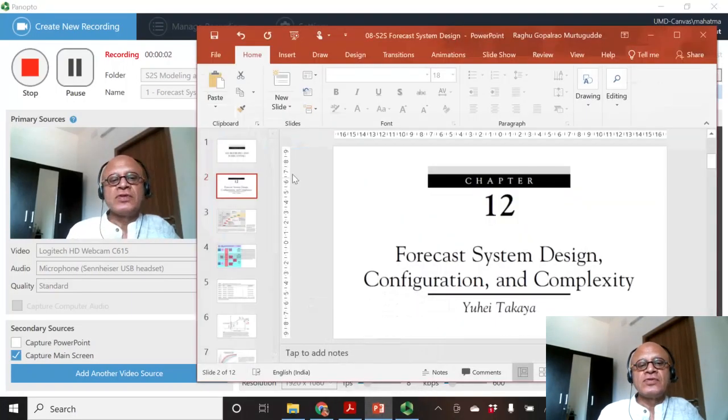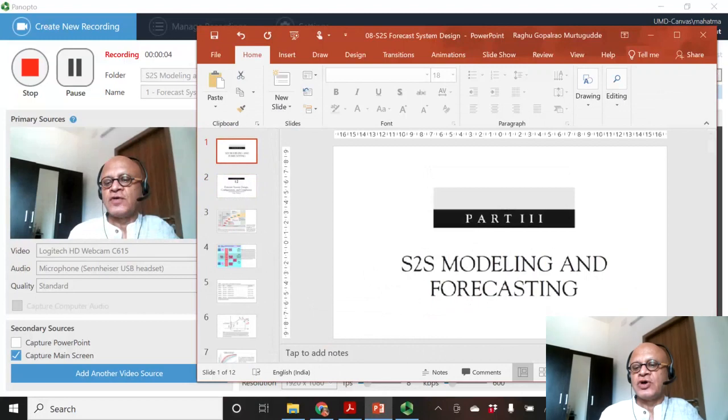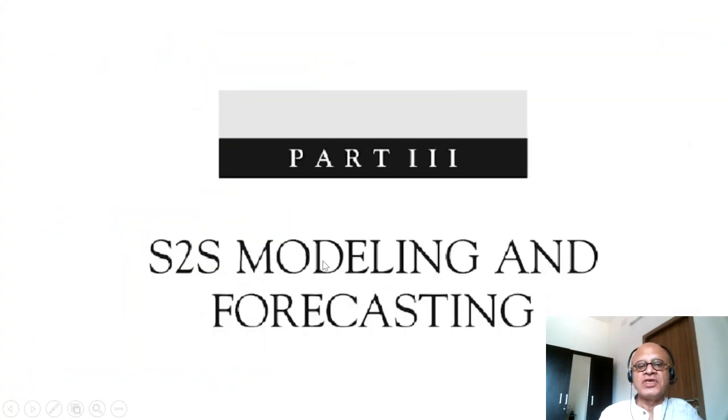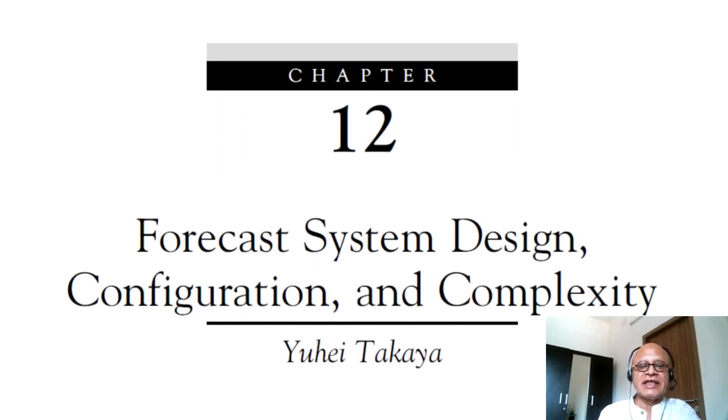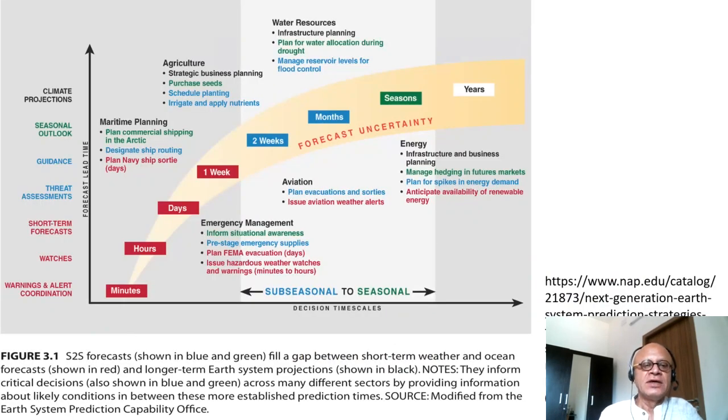Okay, we are getting into the next section of the book, which is part 3, called S2S Modeling and Forecasting. So we're going to get into some specifics of how the system works. And the first chapter in that is called Forecast System Design, Configuration and Complexity by Yuehi Takaya from Japan. I think I'll make it just one podcast to make some of the points which we will return to in